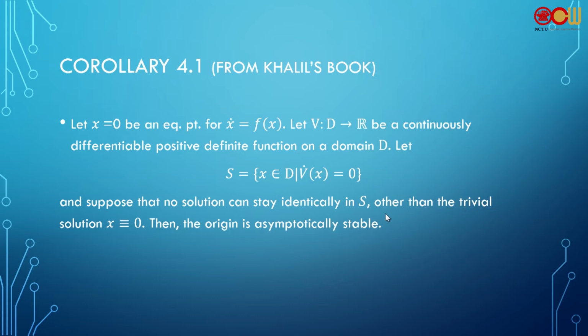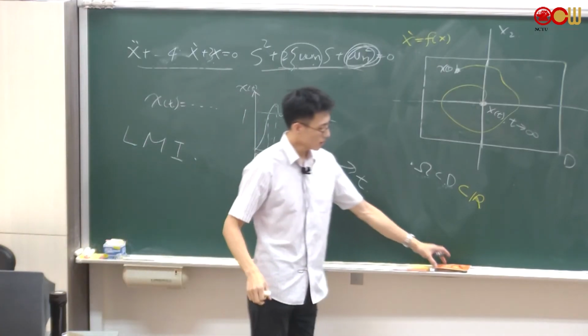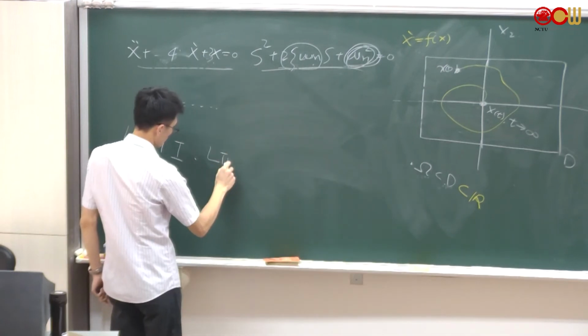The question is, how do you choose or select a Lyapunov function? Usually when you do research, no one did it before, so usually you have some reference about how they select the Lyapunov functions. It doesn't come from nowhere. There are some references. But for nonlinear systems, the selection of the Lyapunov function is not obvious. But for linear systems, as I mentioned before, you can use LMI to find the Lyapunov function.